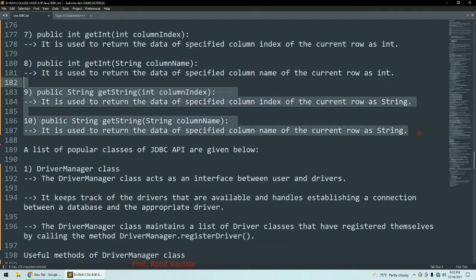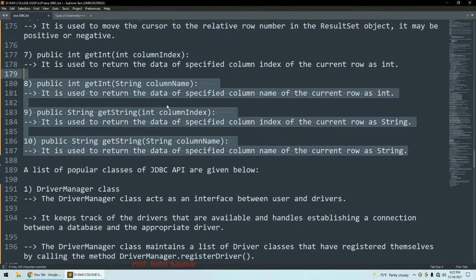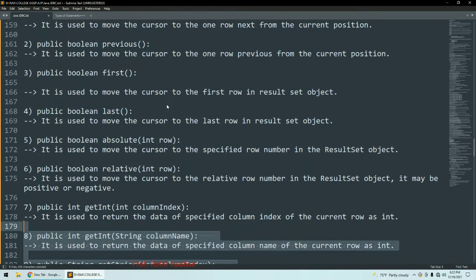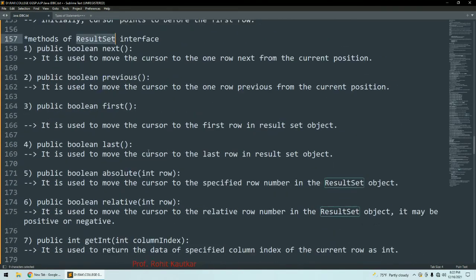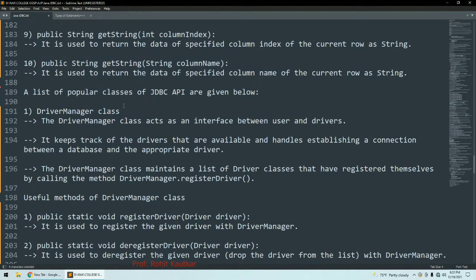So these are few methods that are available within the result set interface. Now next to this we will try to see what classes we have within the java.sql package.